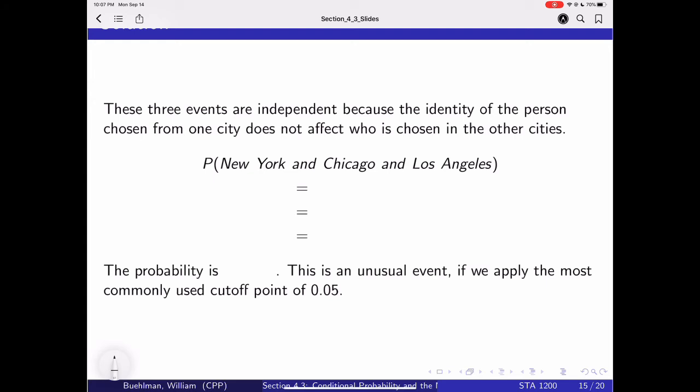The first thing we're going to do is we're going to say these three events are independent because the identity of the person chosen from one city does not affect the identity of a person chosen from another city. So those are independent events. So we can use the independent multiplication rule here. So the probability that we get someone from New York and Chicago and Los Angeles is going to be equal to the probability of New York times the probability of Chicago times the probability of Los Angeles,